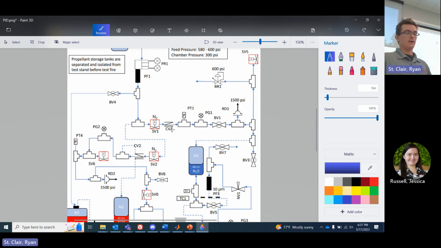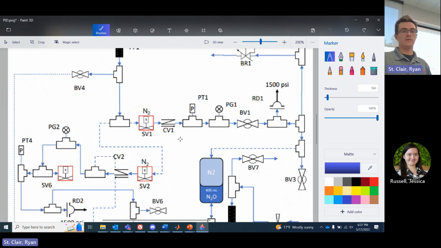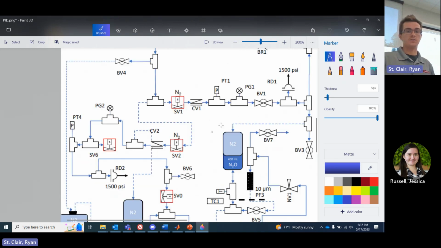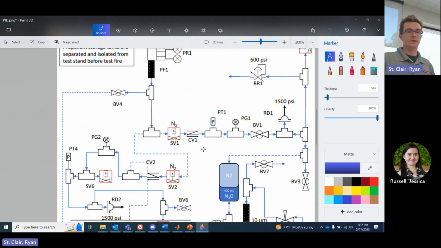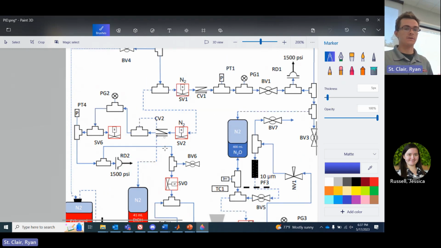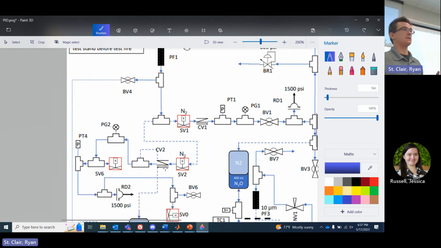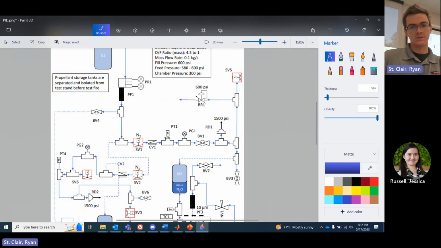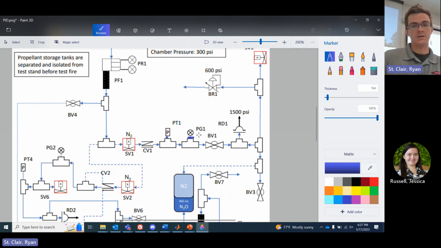So it's important that if there is a sudden decomposition of nitrous oxide here, we don't want that to go to the rest of the system. We also don't want nitrous oxide vapors to go into this ethanol system, because then you have fuel and oxidizer in the same vessel, and that is a recipe for disaster. So we have this check valve here, and we have some instrumentation here, a pressure gauge. Well, this is the pressure gauge. This is the pressure transducer,